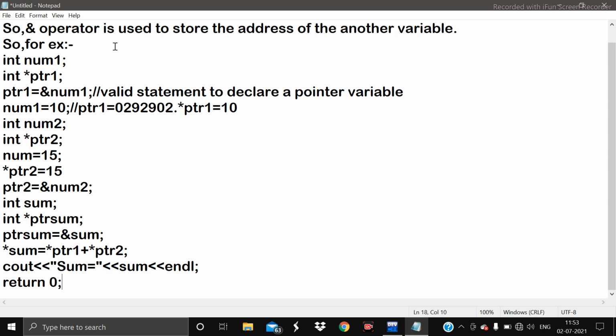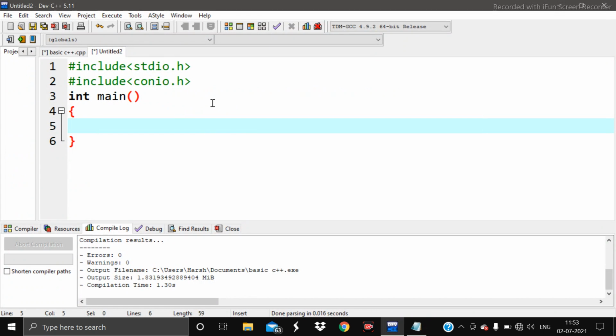So in that way, the pointer variable will sum the values of the normal variables, as a relation has been made between the pointer variable and the normal variable. Now let's do the same in the compiler Dev C++.